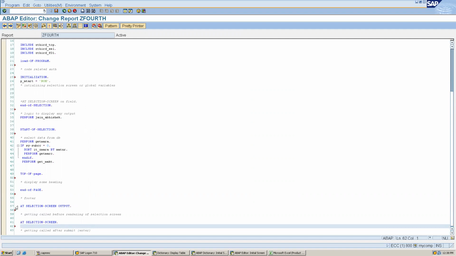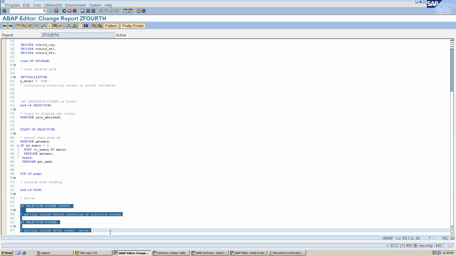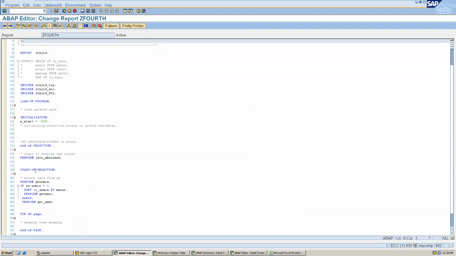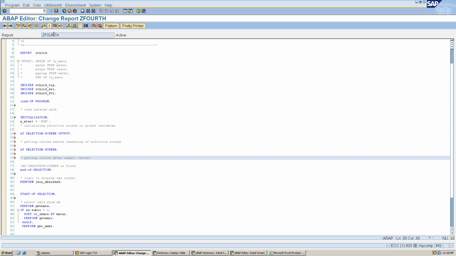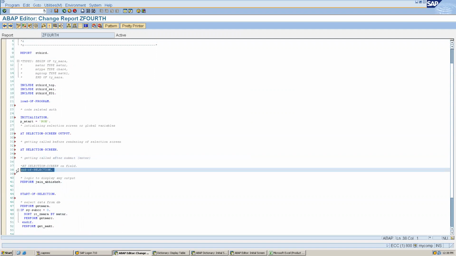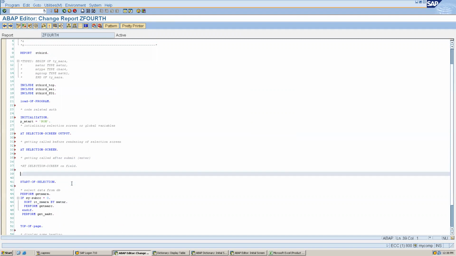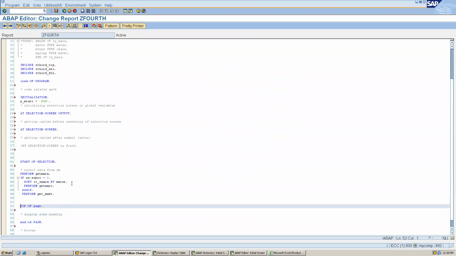Let me move this to the top, because if we keep them in sequence, it will be easy for everyone to understand. And end of selection after this.